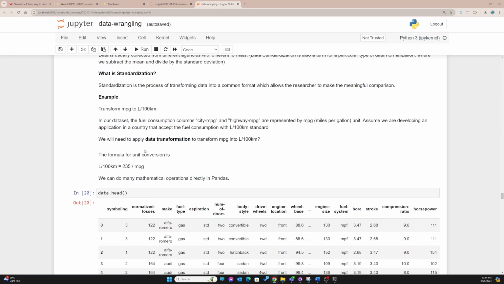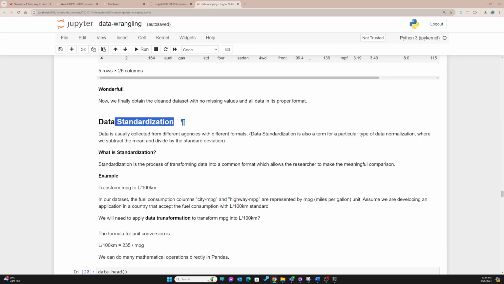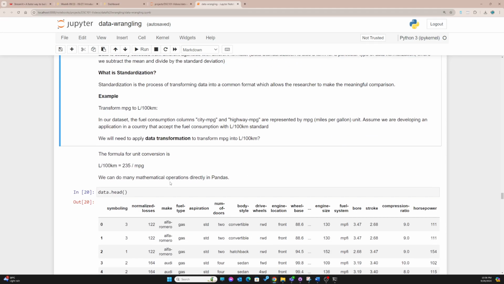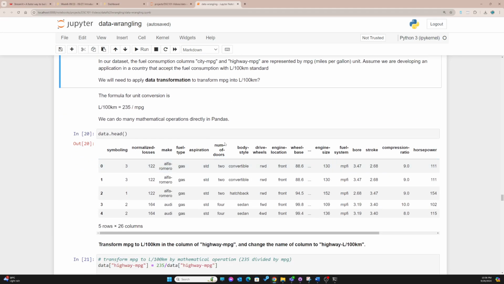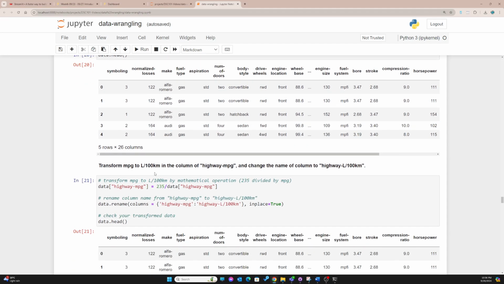All right. After this, I think he talked about data standardization, which is basically transforming the data into a common format. So have a look at this Google Colab file, run every code by yourself, and then you will get a better understanding. But basically what he did was